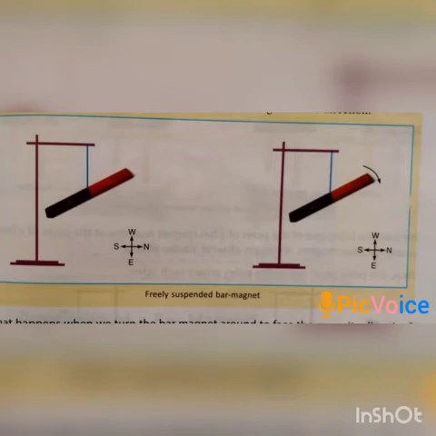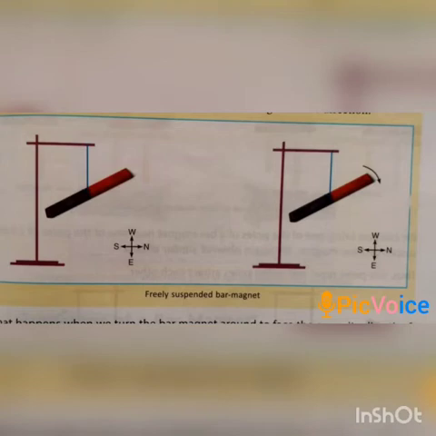For identification, we will put a mark on one end of this line. Now, we will displace the bar magnet slightly from its resting position, and we will observe that the bar magnet again comes to rest along the same direction. So what happens when we turn the bar magnet around to face the opposite direction? The bar magnet again rotates, or its end turns to again point in the same direction. So we can say that the freely suspended bar magnet always points in one particular direction, the north-south direction.